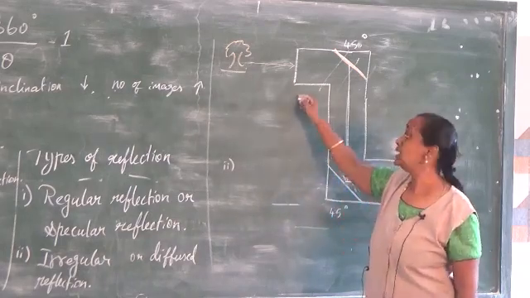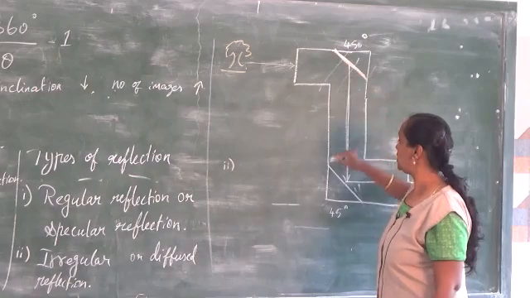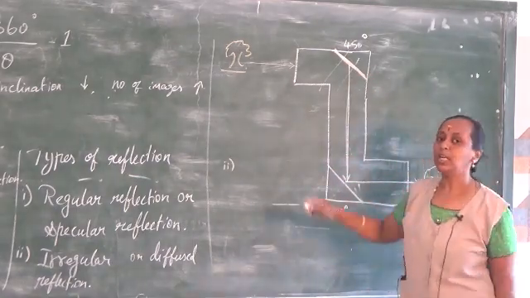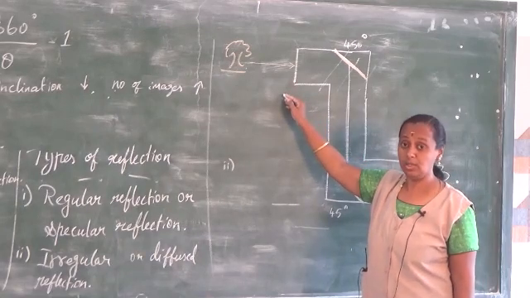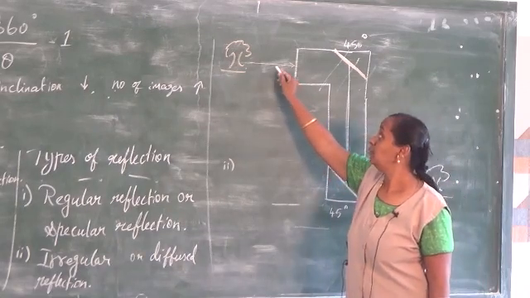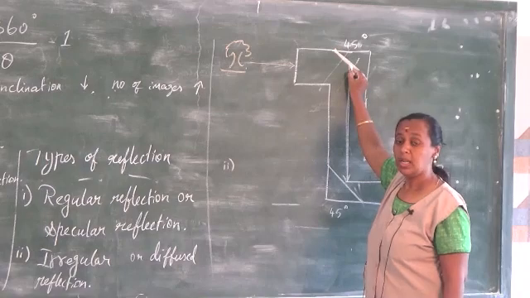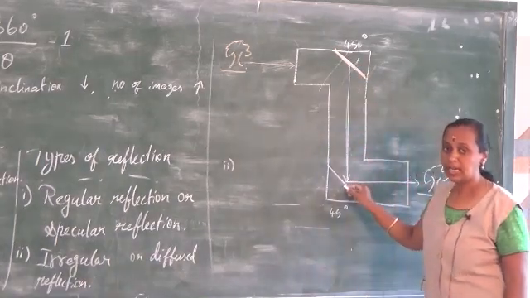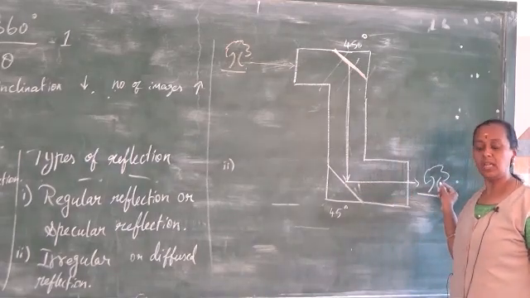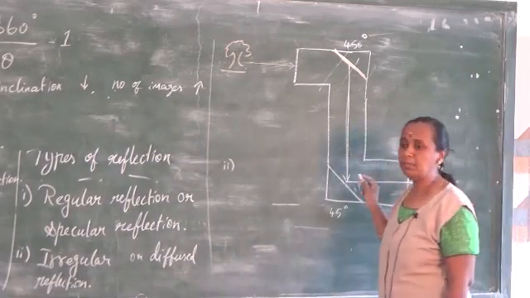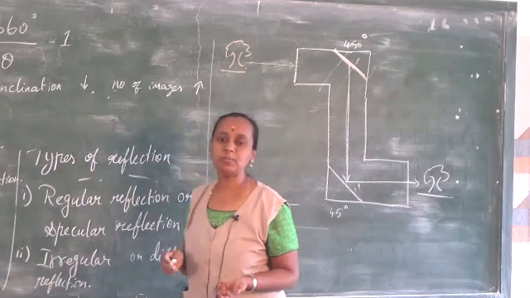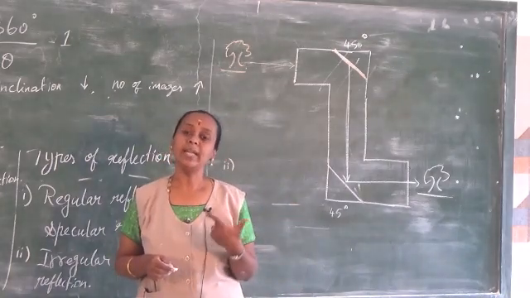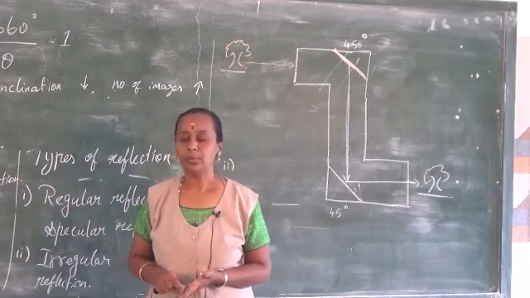So how does it work? It has two mirrors placed at an angle of 45 degrees at the top and bottom, and it obeys the laws of reflection. The light falls on the first top mirror, and after reflection it comes straight down to the second mirror. Here it again gets reflected and reaches the eyes of the observer. In some periscopes, optical fibers are also used instead of mirrors or prisms to get a higher resolution. So you can understand.